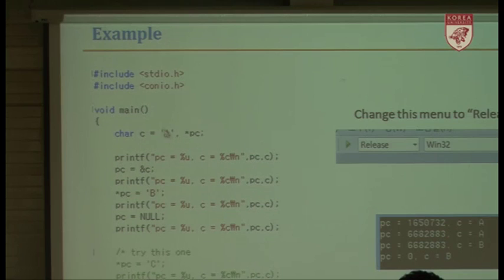C is the A. Then initialize with the large A. Then we also declare pointer variable for the characters, so as a star PC. Then okay, first we actually print out the value of PC and C